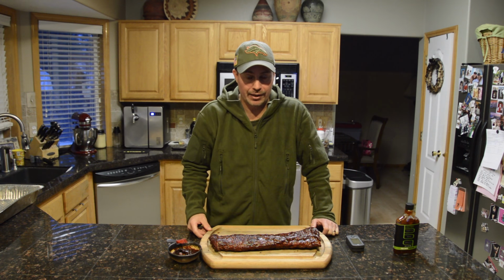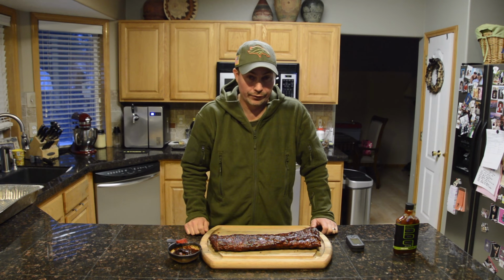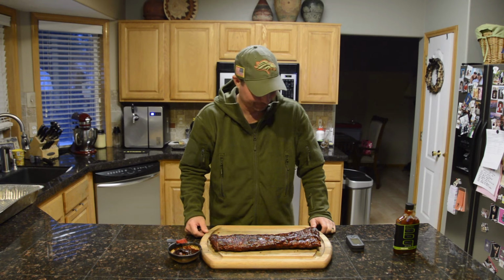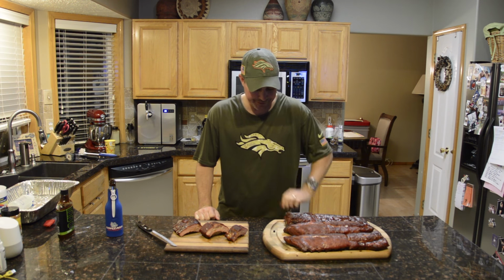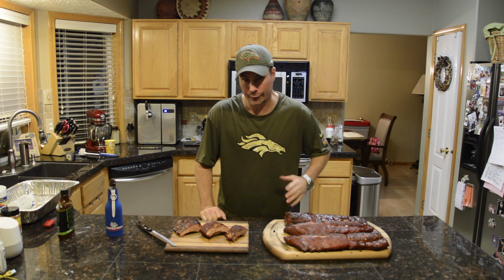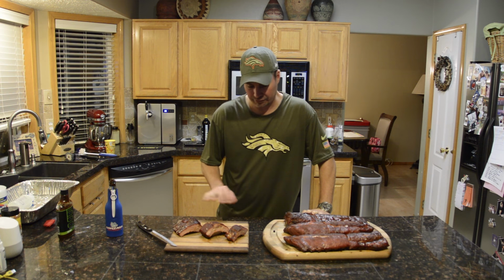Okay, so we'll get this one back on the grill and let it tighten up here, and then we'll take them off and we'll do a little taste off and see which ones we like the best, or the different flavors and how each one tastes. All right, time to see how this stuff all came out. I put them on for about 35-40 minutes extra to let that firm up, and looks like it